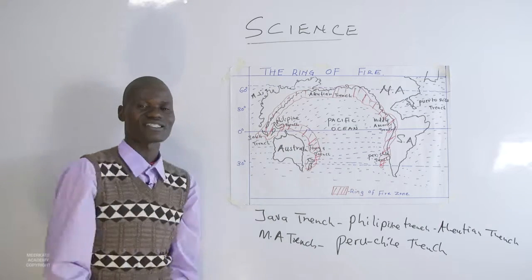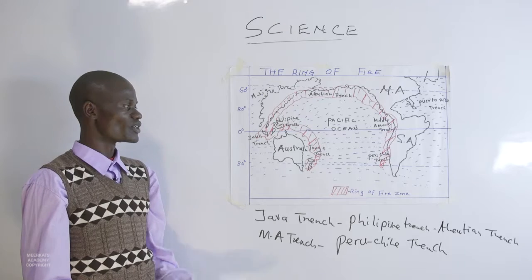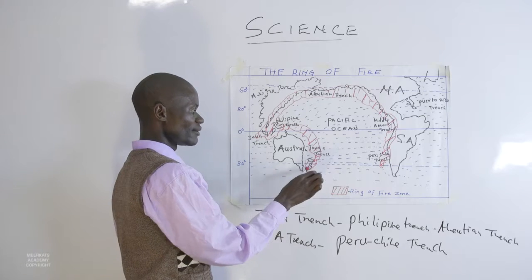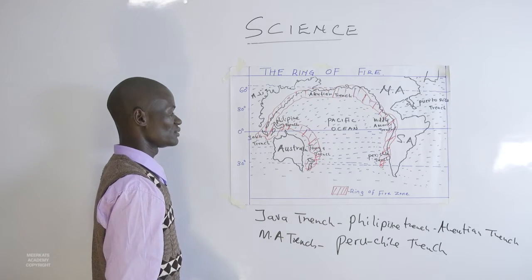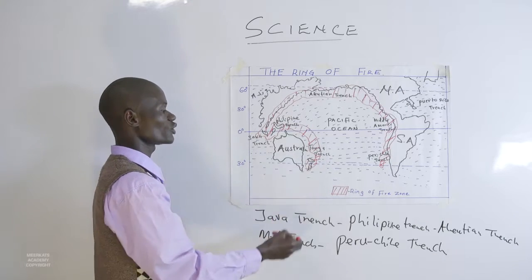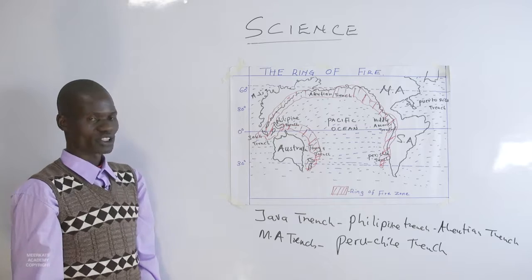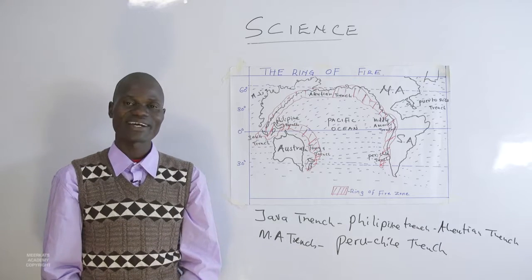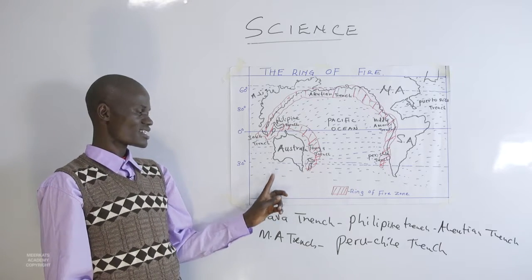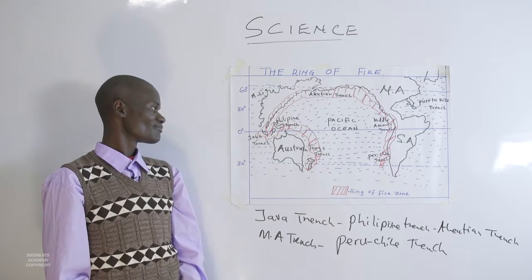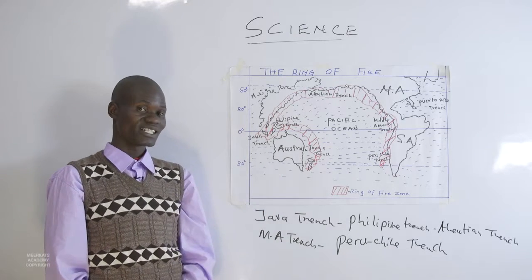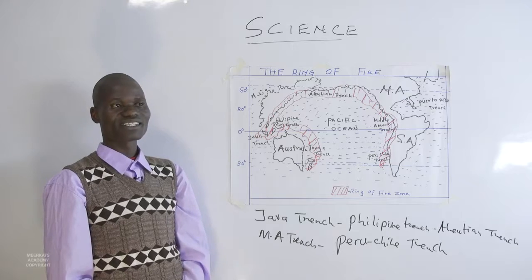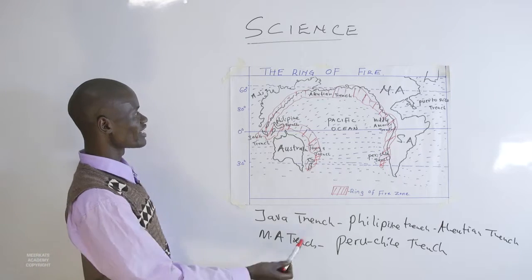Where is Southeast Australia bordering? Which ocean is that mainly? Mainly it is the Pacific Ocean. And the whole of New Zealand is also bordered by the Pacific Ocean. Therefore, this chart gives us a summary of what we have found here. The Java Trench is associated with it. After making these associations, we have been able to link up. Therefore, conclusively, we can find the ring of fire